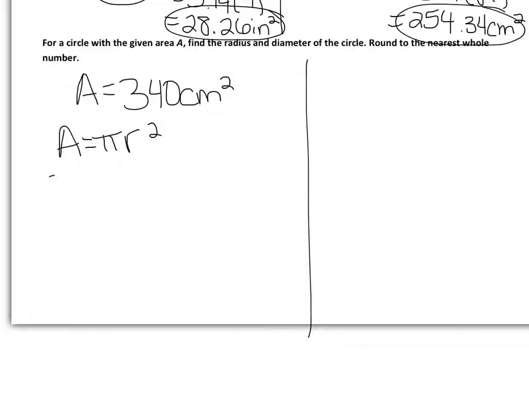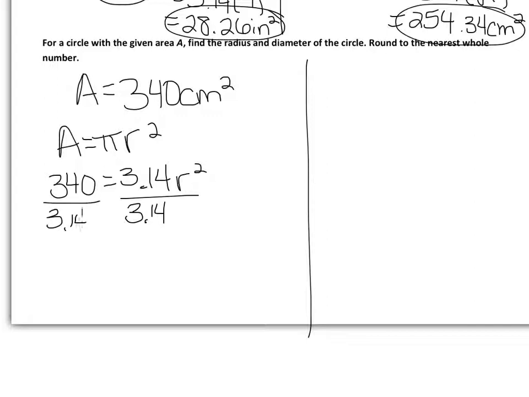Well, I know the area is 340. Instead of pi, I'm going to plug in 3.14. I'm looking for r, so it kind of just has to say r squared. Now, I hope that you guys remember whenever we started talking about the squared units that we want to isolate that r squared. So to isolate it, we're going to divide both sides by 3.14, and we should end up with about